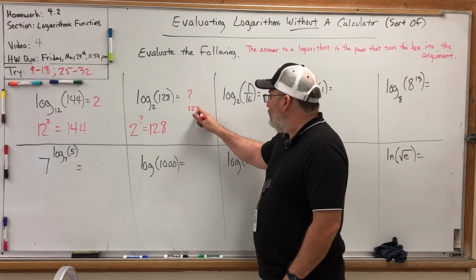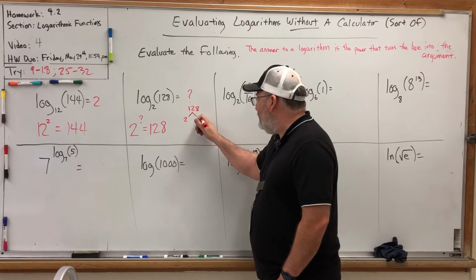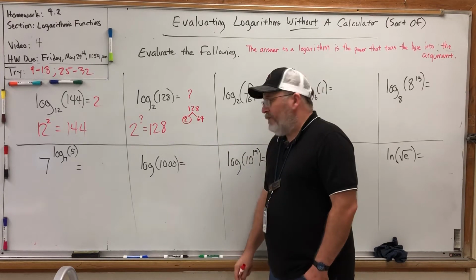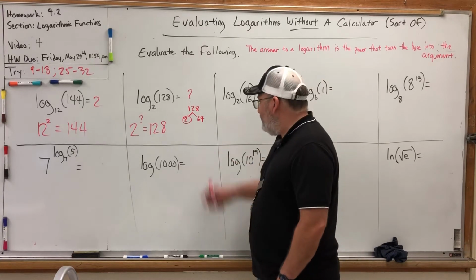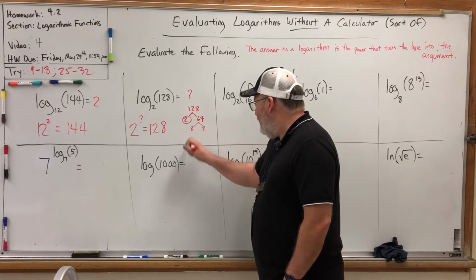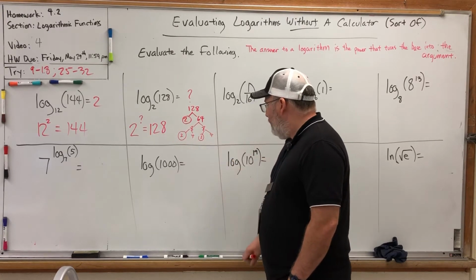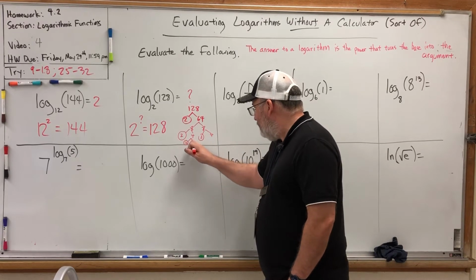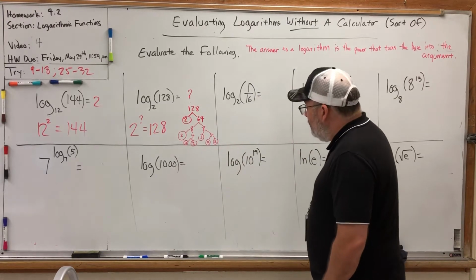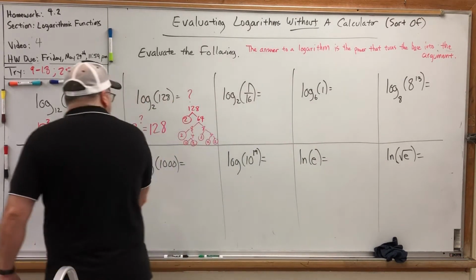Or you can take the 128 and start dividing 2's off of it. For example, 2 will go into 128 64 times. You could use a calculator if you wanted to. There's a 2. And honestly, you don't have to break off just 2's, but you're looking for 2's. Like 64, I could break into 2 times something, but I know 64 is 8 times 8. And each 8 is 2 times 4. There's a 2. But each 4 can be broken down into 2 times 2. Sorry if you're having trouble seeing these small 2's, especially if you're watching this on a phone. But eventually I could find out that it takes 1, 2, 3, 4, 5, 6, 7 2's multiplied to make